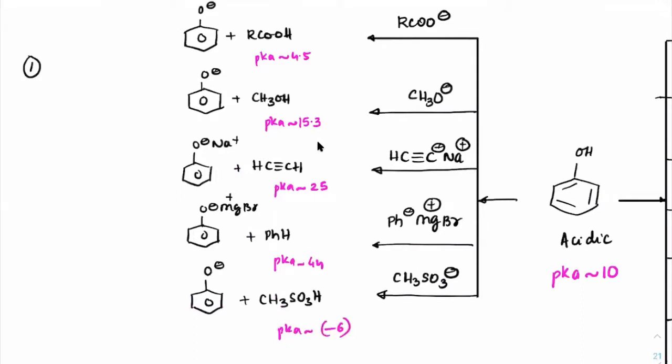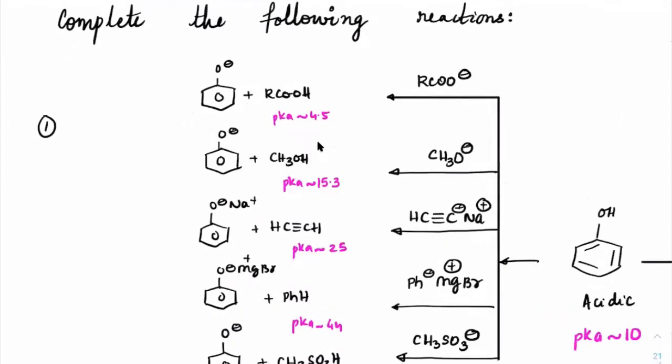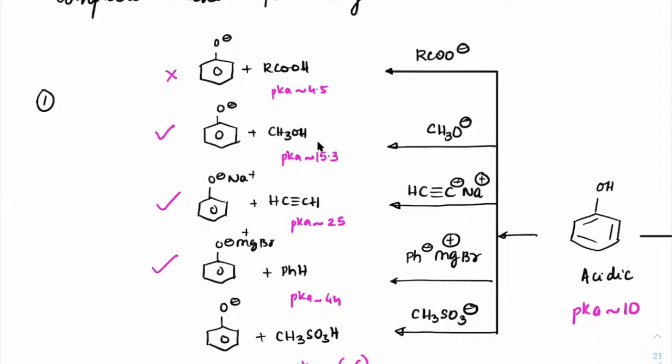Okay. So now if you observe which of these reactions are feasible, the first reaction is definitely not feasible, which means phenols do not give a positive carboxylate test, which means it does not give a carboxylate molecule easily. Next, the pK if you check out with the next reaction, is it feasible? Yes, this is feasible, because it is giving a pK value which is more than the phenol. Next, HC triple bond CH, this reaction is also feasible. Next reaction is also feasible. After that, this is not feasible.